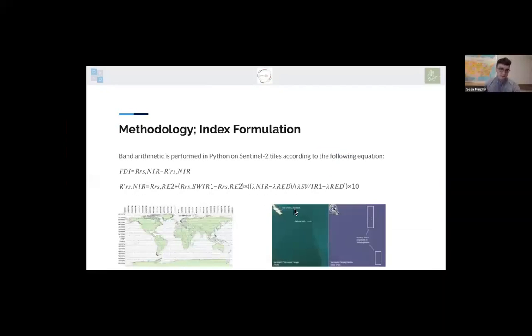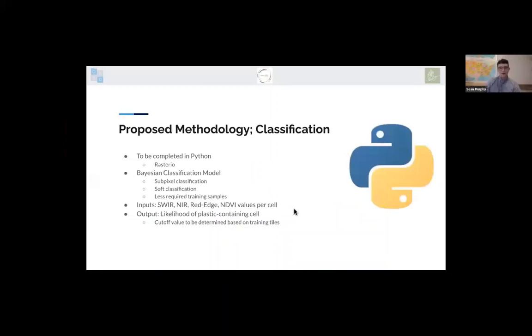This is the index itself, primarily using near-infrared. We have ported this into Python using rasterio. For classification, due to a relatively low number of available training tiles, we selected a Bayesian classification model,